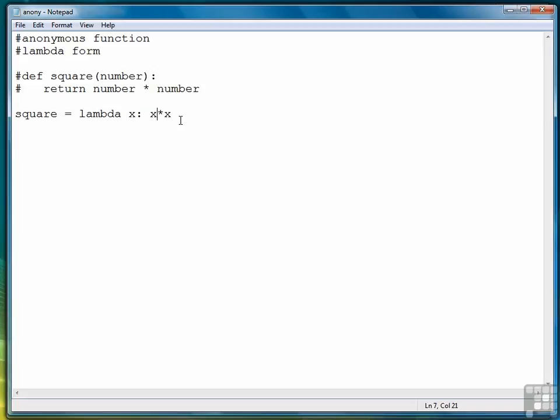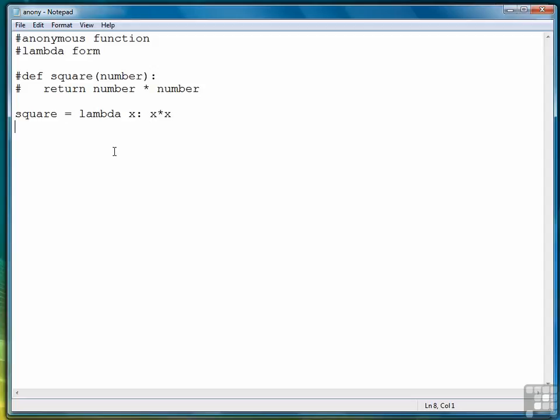And that's a very important restriction on anonymous functions in Python. You can only create an anonymous function that consists of an expression. If this were an advanced course, I could show you how to get around that restriction using some fairly obscure programming techniques, but for the purposes of this course, we'll stick with the idea that an anonymous function can only consist of an expression. So for example, x times x is a perfectly good expression, and that becomes the body